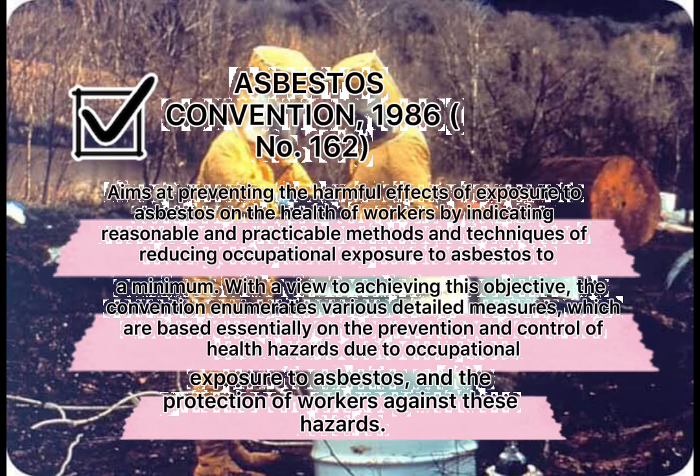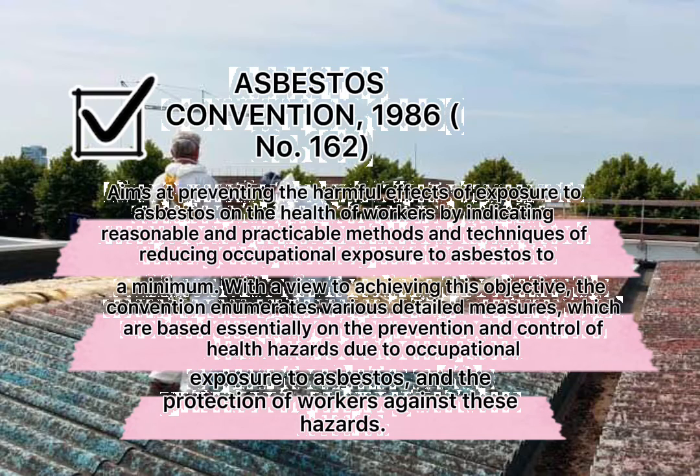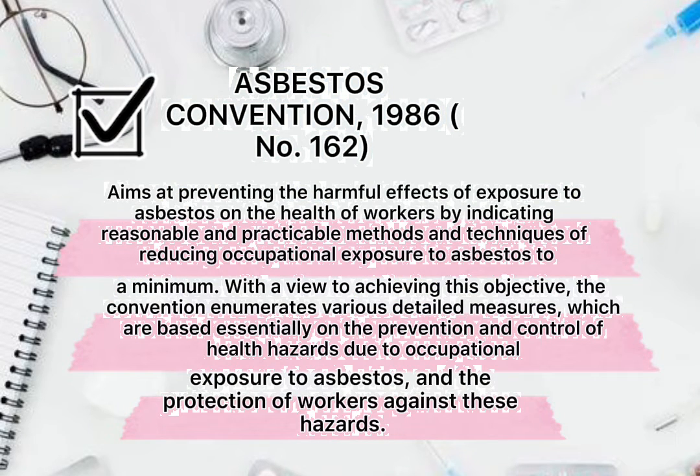Some examples of the specific risk is hazard. And when we say risk, it could be a chance or probability for a worker to maybe get harmed when they are exposed to a hazard, especially if it is a different type of hazard that they encountered, such as physical, biological, chemical, and so on. The purpose of the Asbestos Convention is to provide for the measures to be taken for the prevention and control of, and protection of workers against, health hazard due to occupational exposure to asbestos.